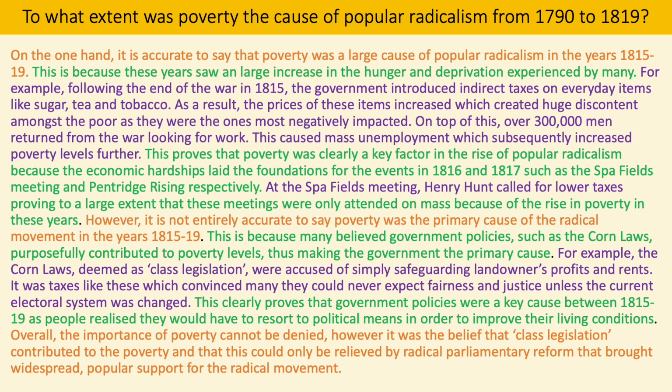What you should notice as well is the paragraph is really clearly split into almost 2 halves. The first half of the paragraph is proving that poverty was a really important reason in the middle of the time period, supported with evidence and an explanation. Then in the middle, signposted by my orange sentence, which starts with however, that is when I switch to the second half of my paragraph, where I'm looking at reasons why poverty is not the only cause at this point